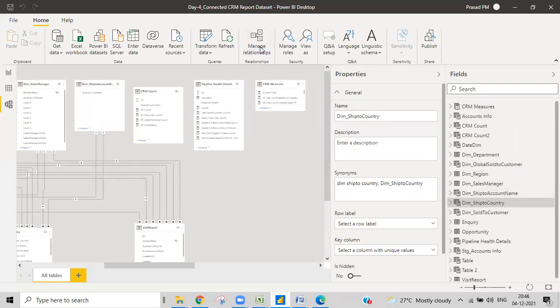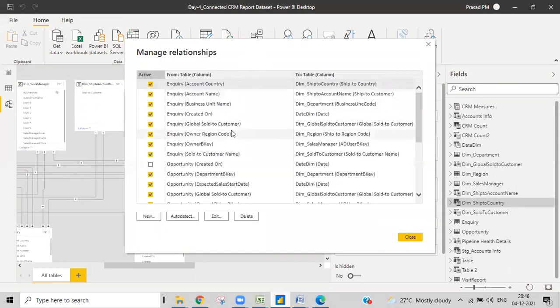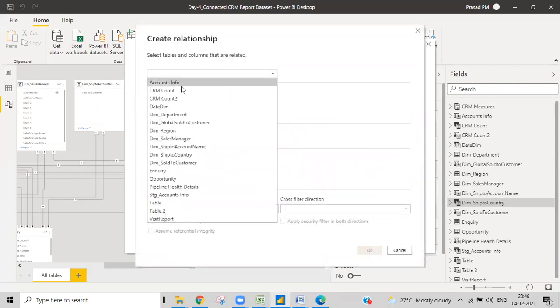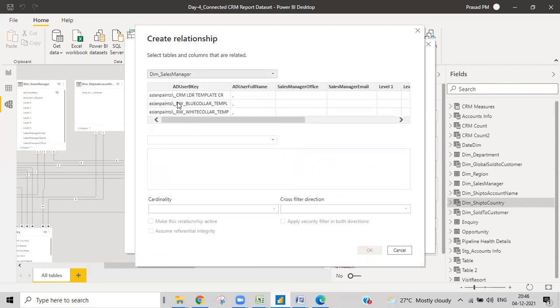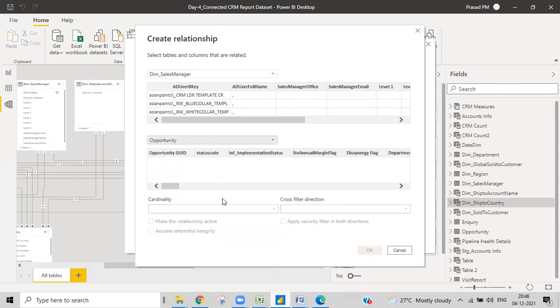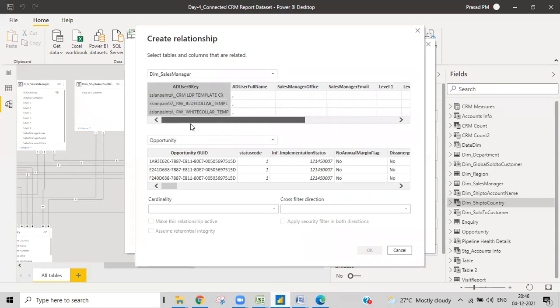You come over here. If you don't have any relationships, then you'll just give the relations. I'll show you how to create a relationship. Select the team sales manager table. You'll have all the tables, and you select opportunity, and then you need to select the exact common column between these two tables.